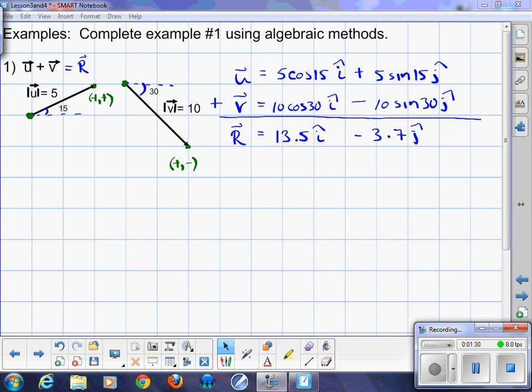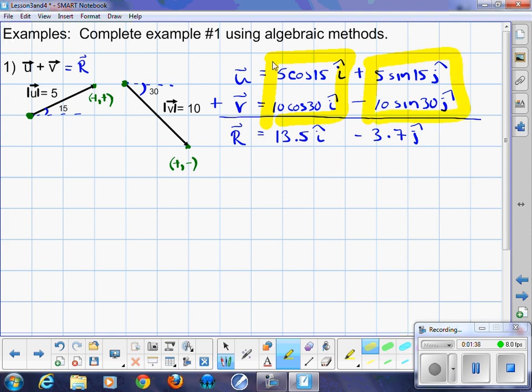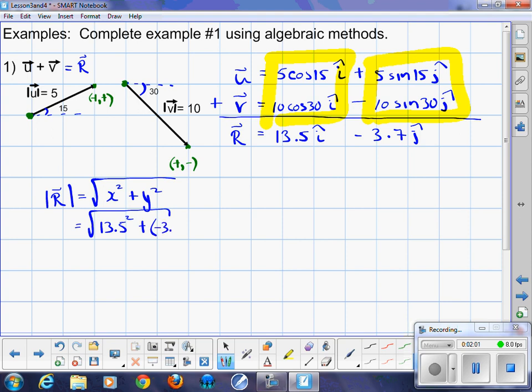When I add my columns, I added those two together, and then I added those two together, or subtracted them in this case, and I got 13.5i minus 3.7j. You can check that, make sure you get that with your calculator. Now I want to know the magnitude of r. How big is the resultant? Well, it's just the x component squared plus the y component squared. So it becomes 13.5 squared plus the negative 3.7 squared. When we calculate that,